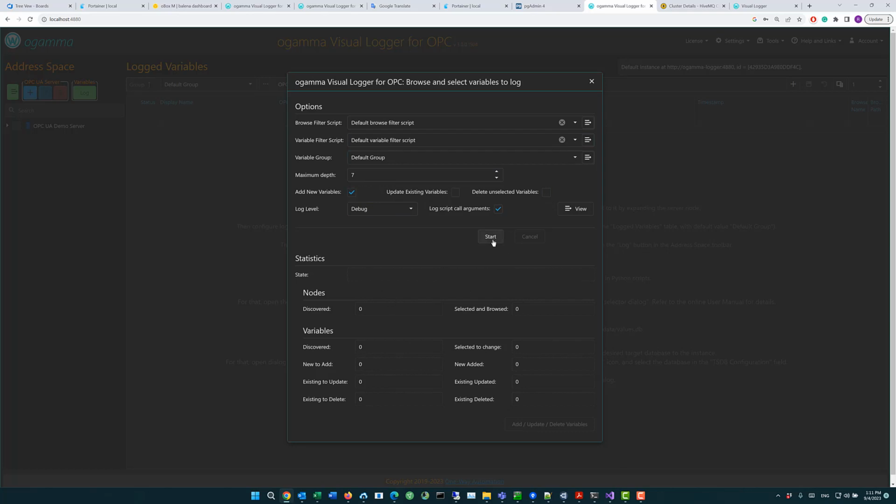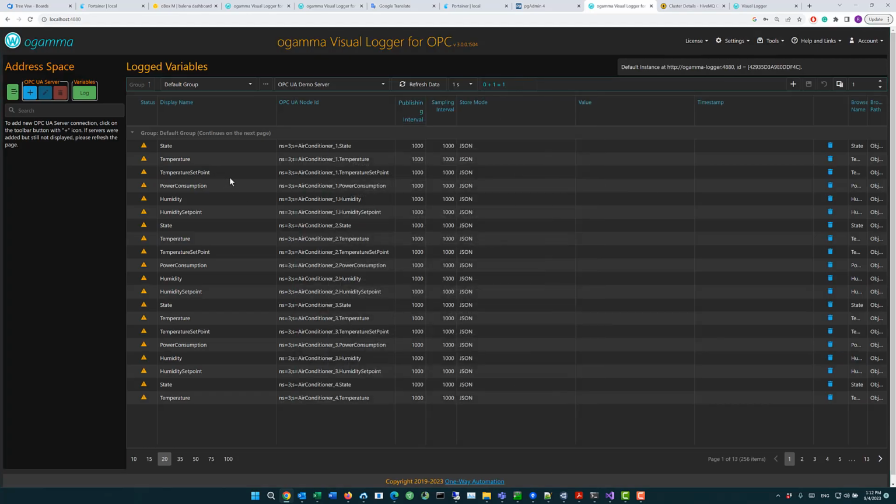Okay, we have configuration settings ready, and I click start, and it starts browsing. I go over these browsing nodes, and it's already completed, and it selected 256. It looks like our maximum was reached, but we will leave it for now, and we will see that not all variables will be added, I think. And then we click add, and we see here these variables are added,